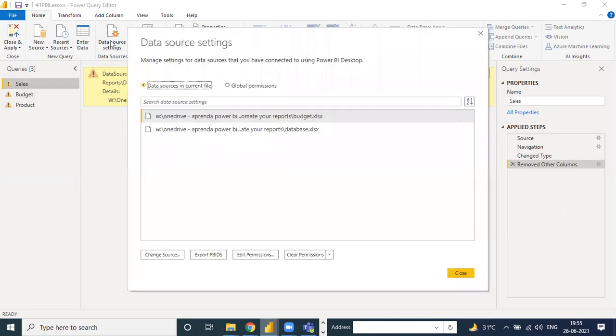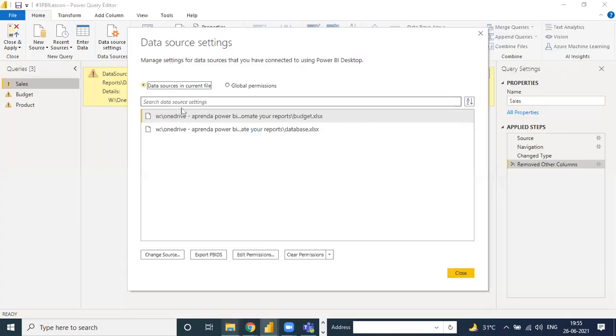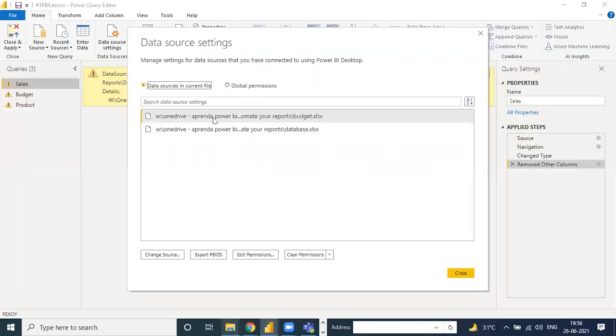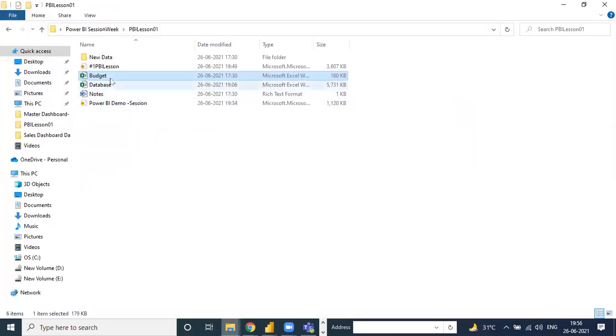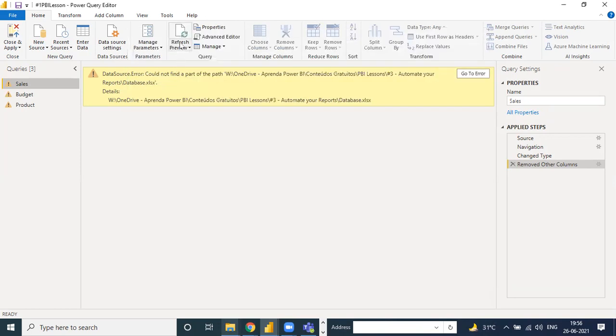Data source settings: if you transfer your dataset from this folder to the next folder, you can also choose the folder name from here when you change the data source from the first folder to another folder. Because if you move your dataset to another folder and do not choose it here, then your data is not refreshed automatically. There is also a refresh timing.